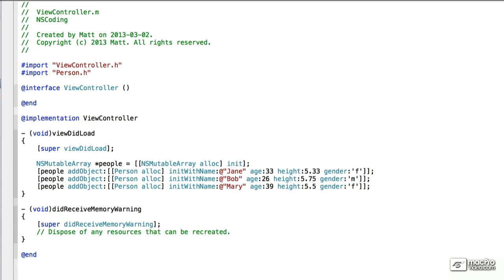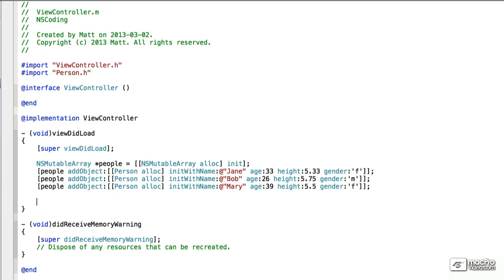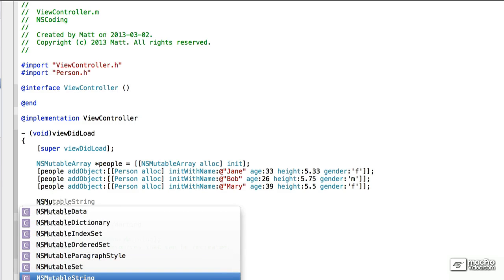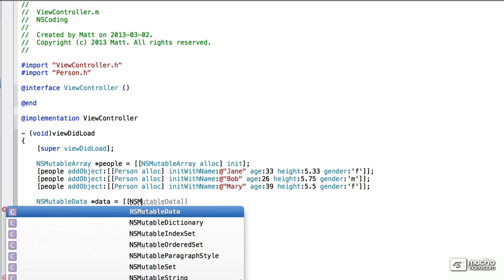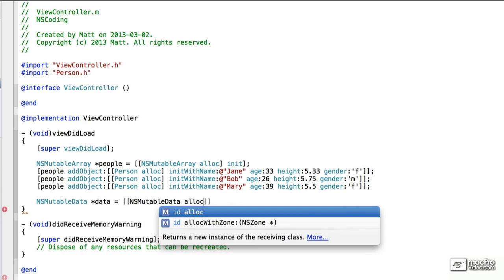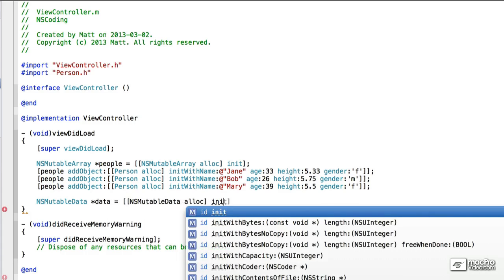Good. Next thing we want to do is get ready to archive this. So we're going to use the same KeyedArchiver, but we're going to create an NSMutableData, and we're going to fill that with the array and then archive that. So we'll declare an NSMutableData pointer data, make it equal to NSMutableData alloc init,